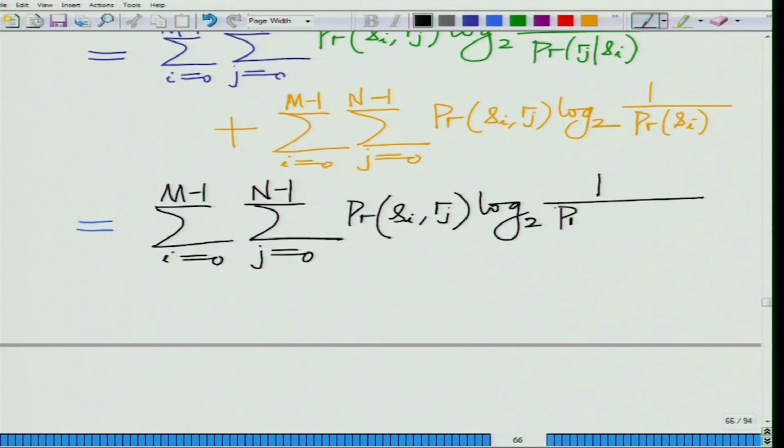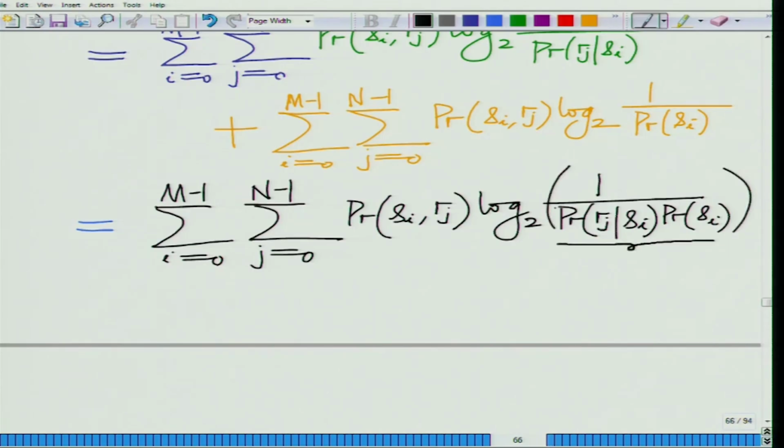So, this is log 2 of 1 over probability of Rj given Si into probability of Si, and now observe that probability of Rj given Si into probability of Si is nothing but probability of Si comma Rj,